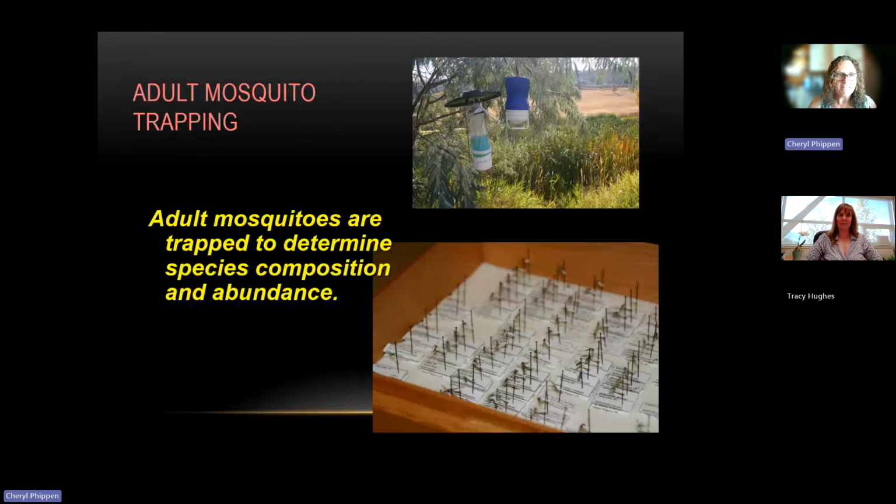I just threw this slide in to give a picture of what adult mosquito surveillance looks like. You might see these anywhere. We have them set in a number of areas throughout our programs. They're just a little light trap. A black light comes on at night, the mosquitoes are attracted to it, and a fan comes on and clicks them into the little container.